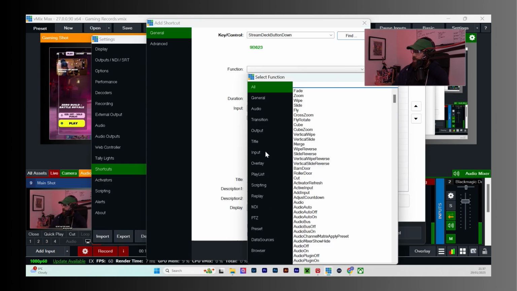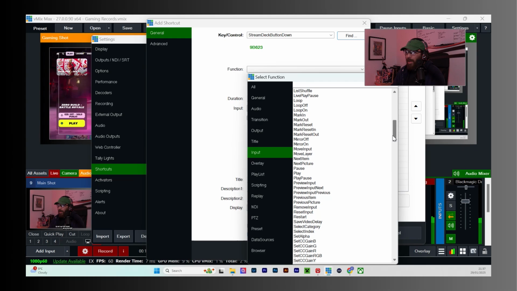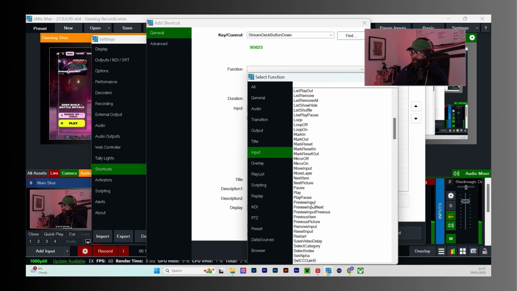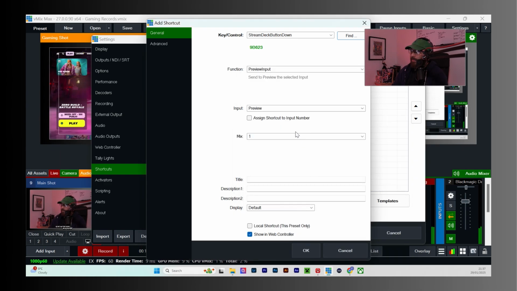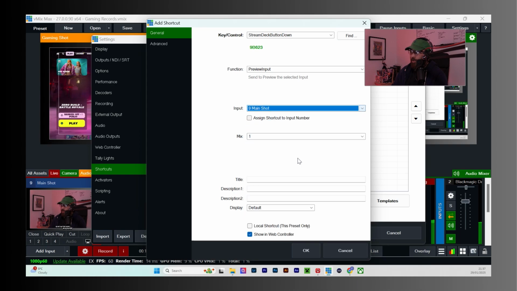So again, function, we want to preview. You could just type it in the top, but I'm getting a tiny bit better at this, so I remember where something is, but I'm in S, so I've gone too far. Preview input. We want to preview the input, which is the main shot.